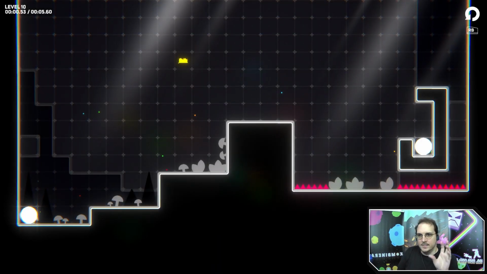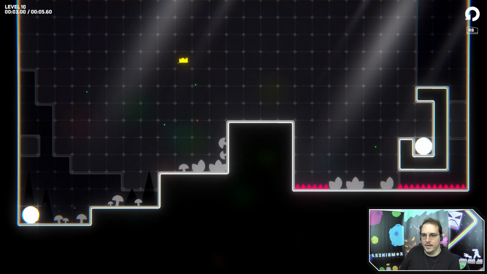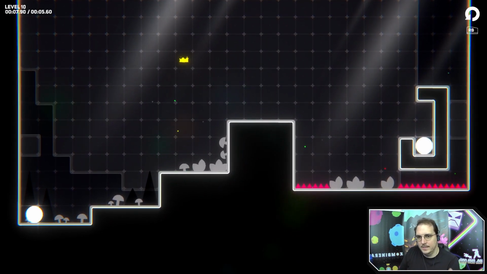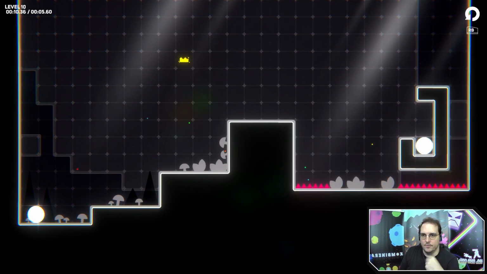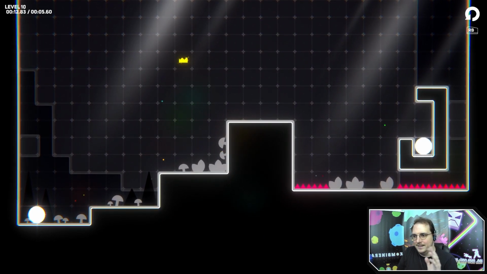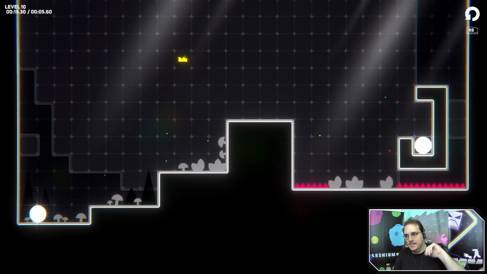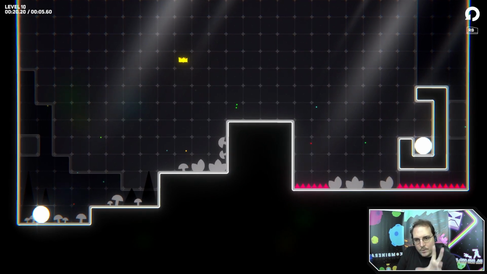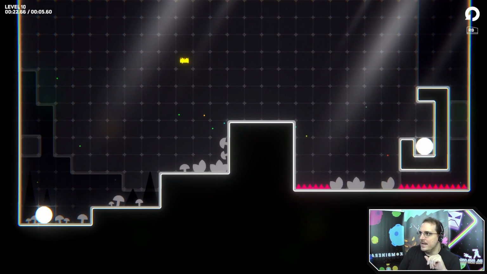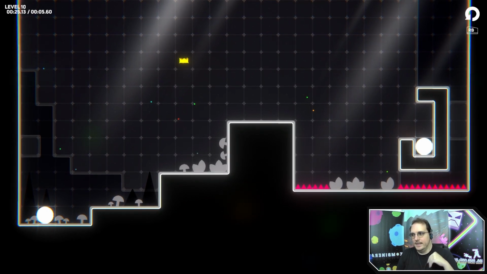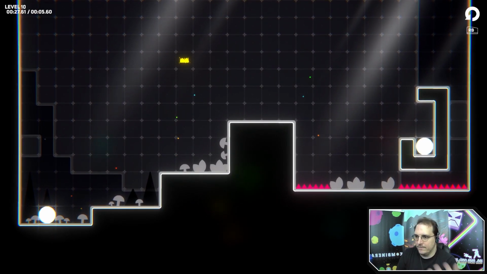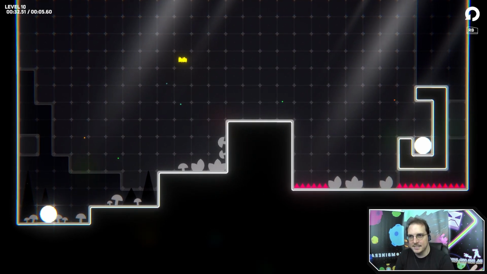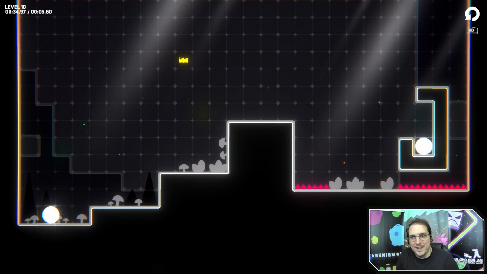Thinking about the mechanics of old Run and Jump and how they translate into a modern game. It's a fairly simple game, classic Run and Jump. You can run, you can jump. There are rainbow themed levels. There are one-hit kills. A modern parallel to that is the nouveau precision platformer, something like Meat Boy or Celeste. And Celeste is actually the next game we're going to play